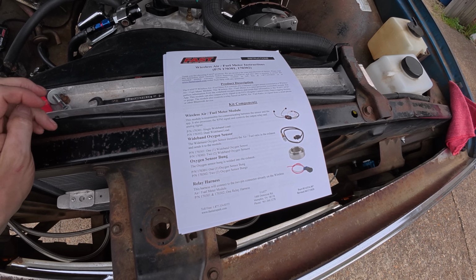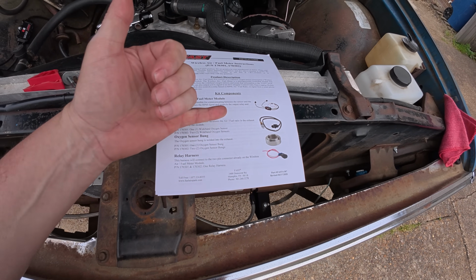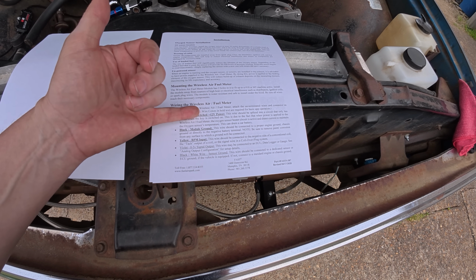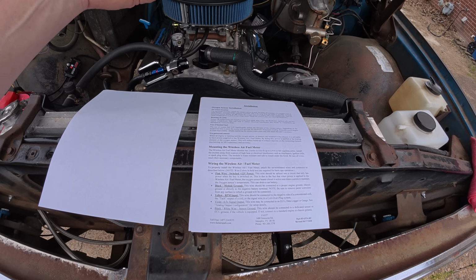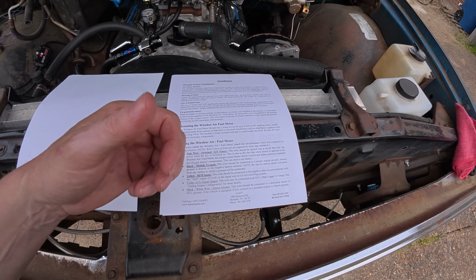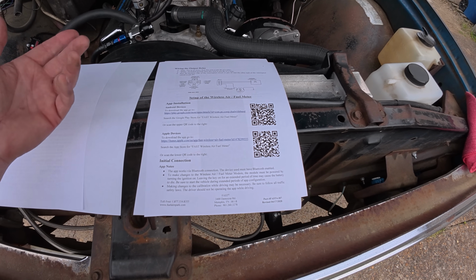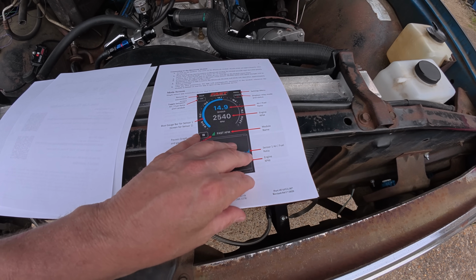Instructions, like anything else, are only as good as the time that you spend to read them. But again, it comes with the wireless module, the sensor, bung, the harness that you need. But very simple. In this case, I have it wired very easily with just a key on switch, 12-volt power, ground, and then the input for the RPM that I use off the back of the distributor. And then everything else, if you need to hook it up to an ECU or a data logger or some other gauge, it gives you all the configuration to do that. So you can run that through a relay if you're doing that route, and it tells you how to set up, gives you the download for the app, and then just tells you how to run through it. But again,